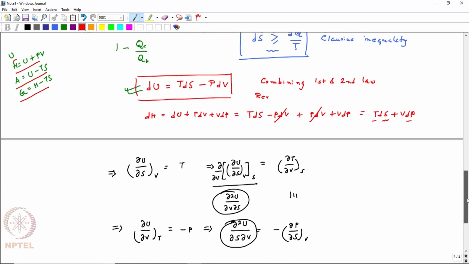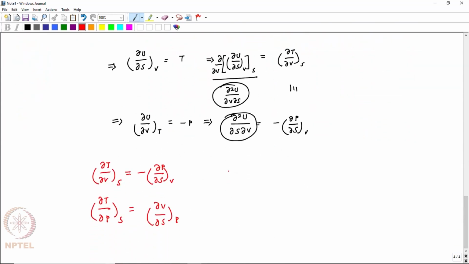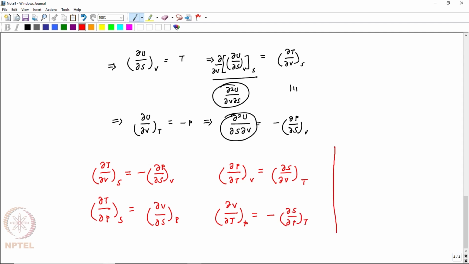So it will be minus SdT plus VdP, and all these things which you already studied, and I'm only writing the differential forms, the 4 equations which you get. It will be (del P/del T) at constant V is nothing but (del S/del V) at constant T, and then we have (del V/del T) at constant P for the equation for Gibbs free energy. So we'll get minus (del S/del P) at constant T. So all these 4 equations are known as Maxwell's relations,